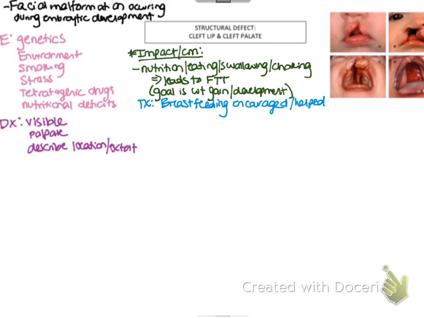So, like I said, we encourage breastfeeding, and we need to help the parent. It's going to feel awkward for them, and plus they're going to be scared that they're going to be hurting their baby, or that they're going to do something wrong. The defect doesn't bother the baby. There's no pain or anything associated with it. After surgery, there will be, but initially there's nothing wrong. So we need to encourage and help the parents a lot. We need to hold them upright, because we want to let gravity work with us, not against us.